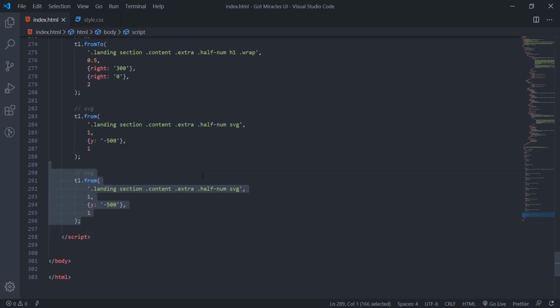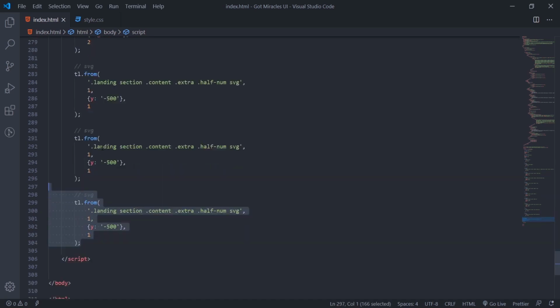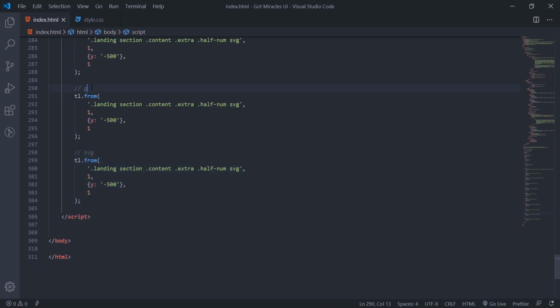We'll target that go. So the go and the new beginning that go vanish come. So we go do dot landing section content extra new beginning dot go.